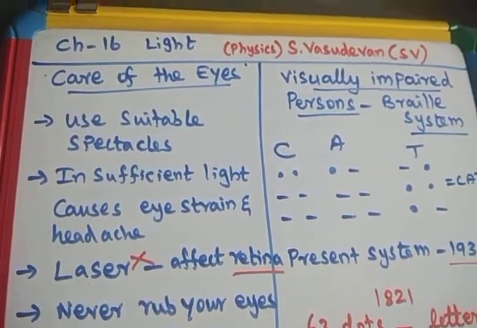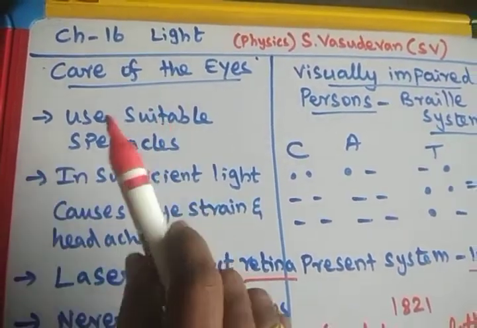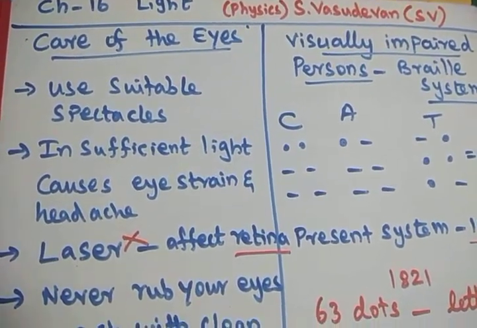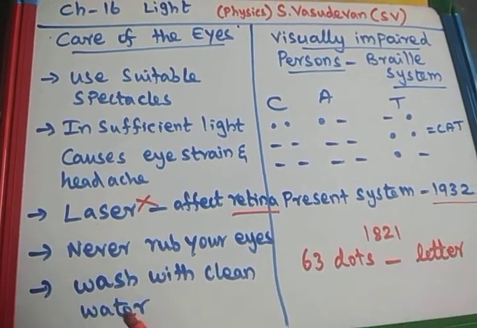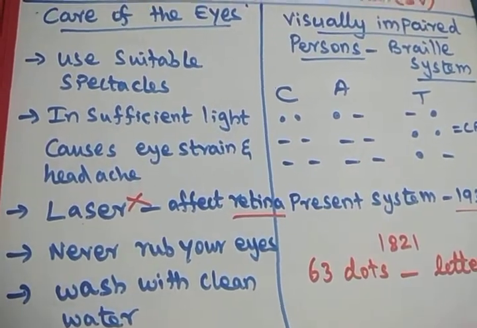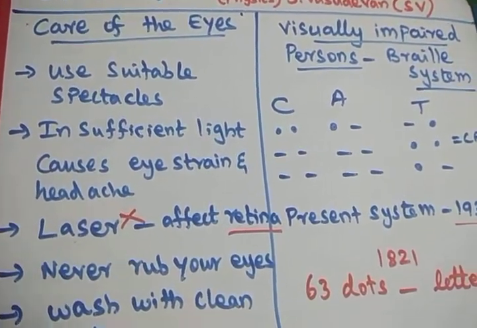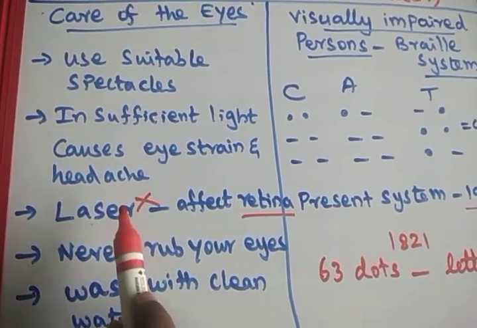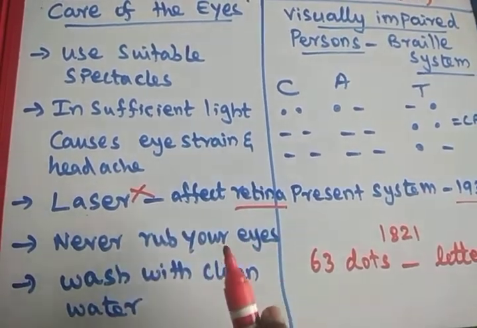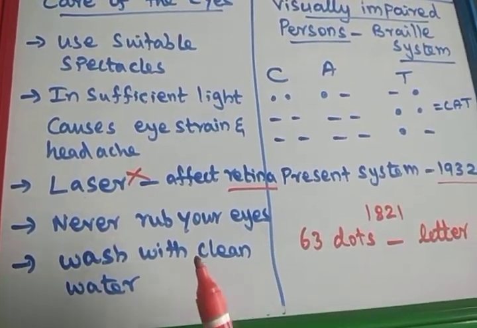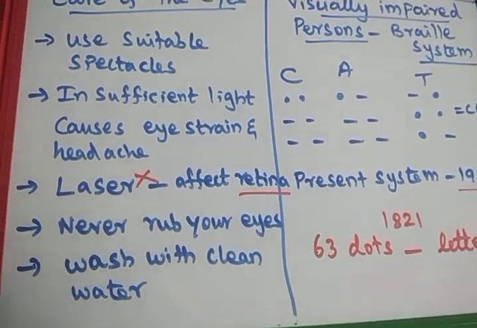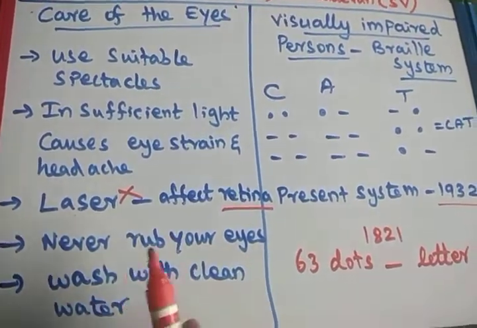Today in this session we have seen that without the eye, it is not possible to see the colorful world. So we have to keep our eyes clean and protect them. There are certain measures we have to follow to protect our eyes from dust particles, and the do's and don'ts should be known by the students. A very important thing is, don't allow laser light while playing. If laser light falls on our eye, it will damage the retina, so definitely the vision will go off. Also, if any particles fall on our eye, don't rub it. Just wash it with clean water. These are all the important points.